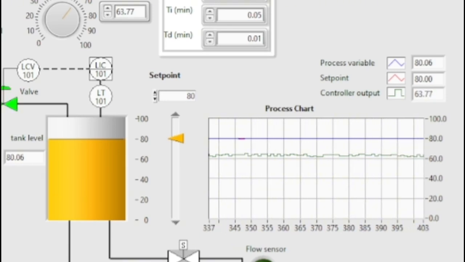So we get the value of process variable, which is stable